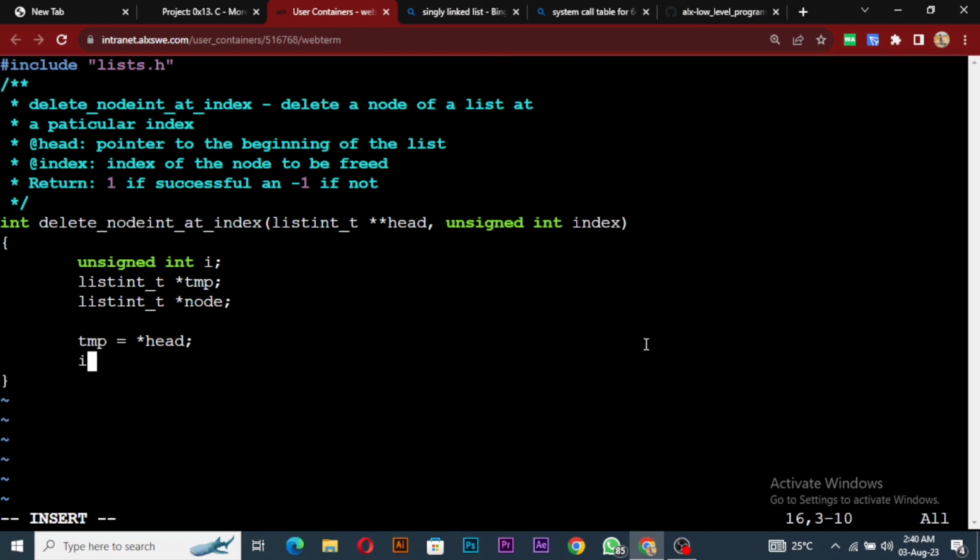So we'll say if our head, if the head itself is equal to NULL, then it should return -1. -1. Alright,